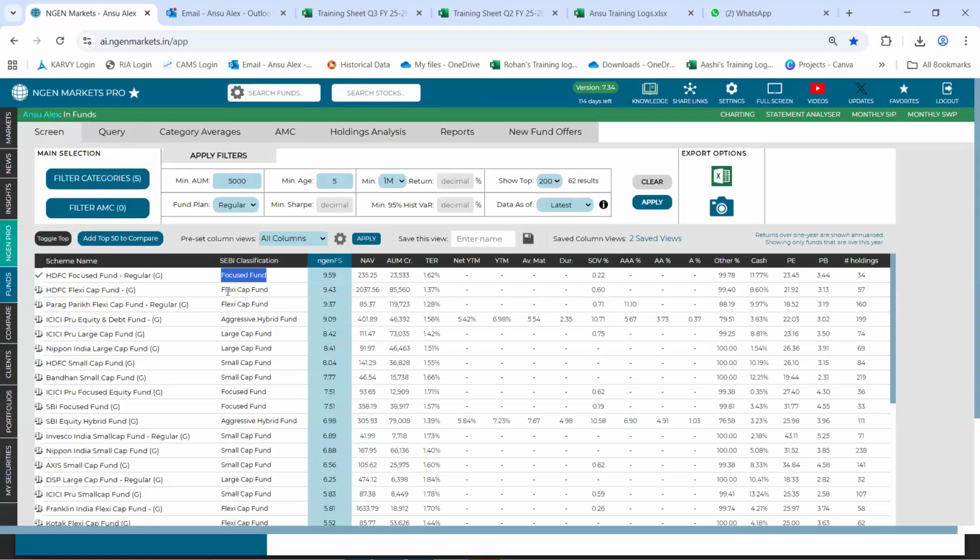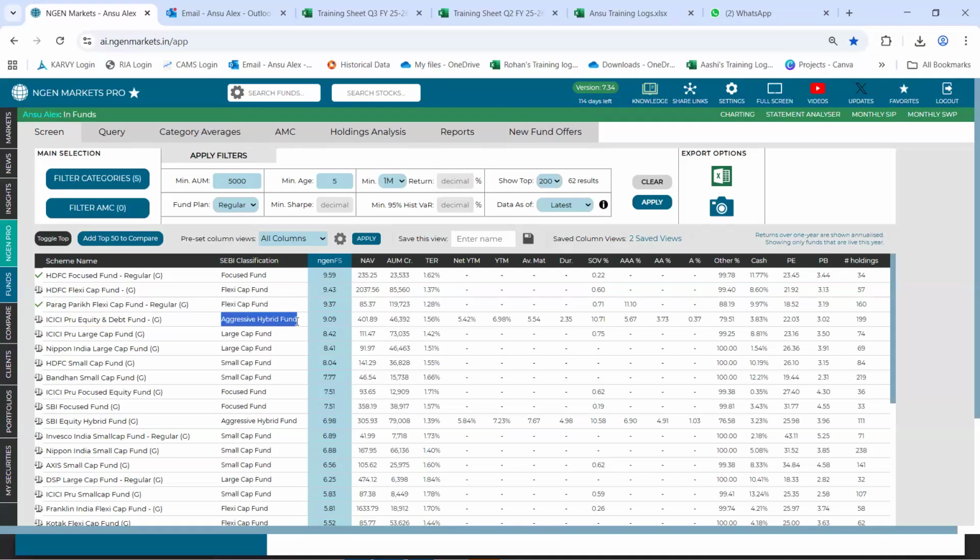The second category, which is FlexiCap, the best performing fund in this category is HDFC FlexiCap, which has an FS of 9.4. Since we already have a fund from HDFC AMC, I wish to go to the next best AMC in that case. I do not want to be overweighted onto the same AMC. So the next best in FlexiCap is Parag Parikh. I'll click on the compare icon.